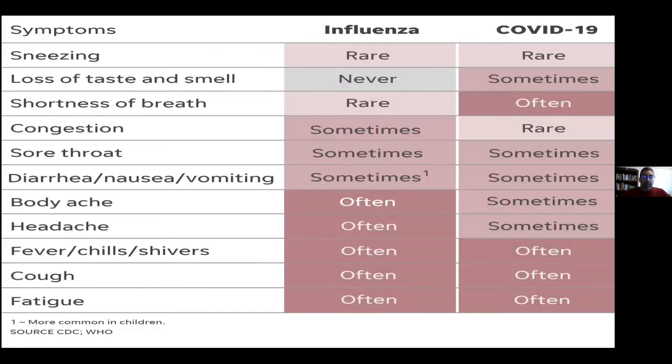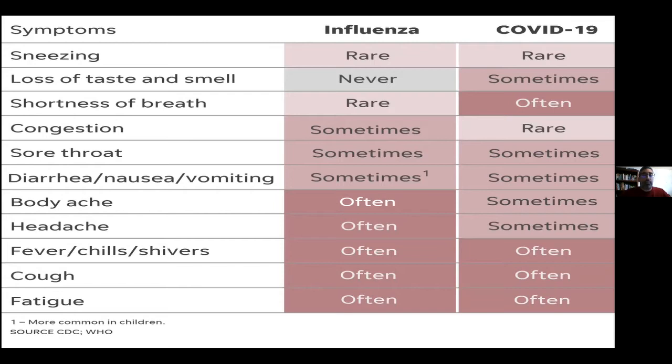So many of the symptoms of COVID-19, as you can see and maybe know from your own experience, are general and very similar to influenza, making it difficult clinically to determine if a patient has COVID-19, influenza, or possibly both. This chart helps delineate similarities and differences between the two infections. Both have a significant amount of fevers, chills, cough, and fatigue. Influenza, though, has more body aches and headache, while COVID-19 has much more shortness of breath and sometimes a loss